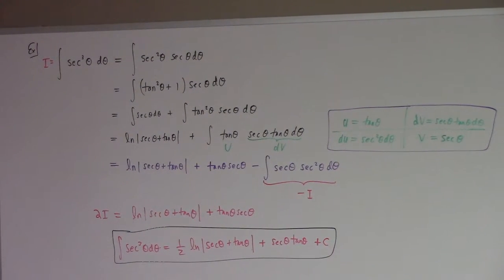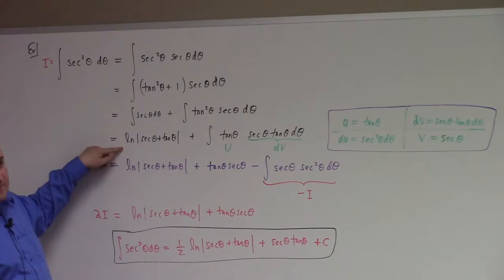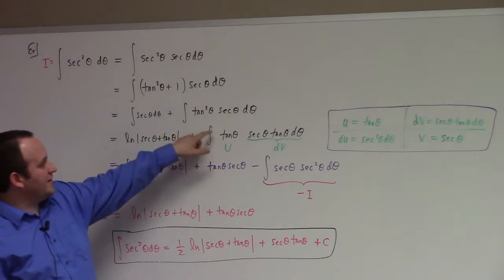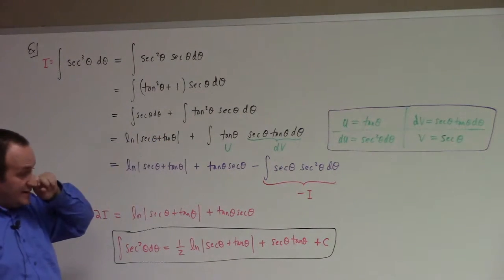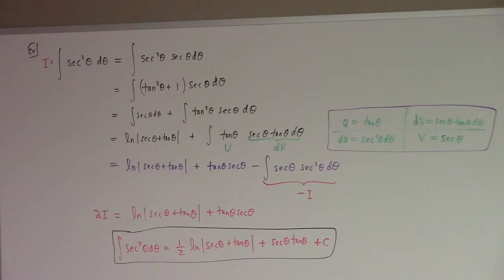So the secant theta is from the 1. And so the integral of secant, I'll stop using this thing. The integral of secant theta is natural log of secant plus tangent, right, by yesterday. And then this other piece over here, tangent squared secant theta d theta, doesn't look much better than what we started with, but in fact it is, because if we do integration by parts on that,